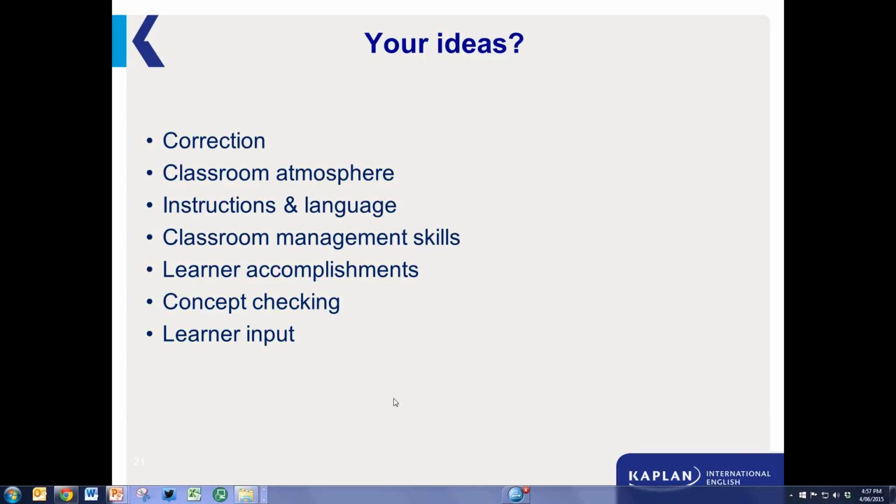It would be worth sitting down with a teacher beforehand and getting them to identify what they would like you to be looking out for, what they've found difficult in the past, or if they can identify any focus area before going in, and then working from there. So if you can type in any ideas you've got from watching the lesson about the points that I've put up on the slide there. We certainly don't have to go through all of them because we are getting a bit pressed for time. So if there's any one of those that jumps out at you as something that the teacher did particularly well, or something she could work on, just type them into the box.